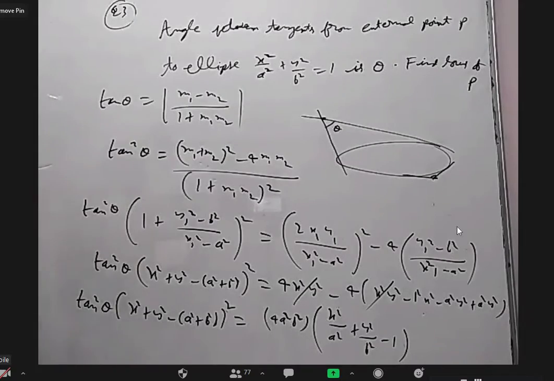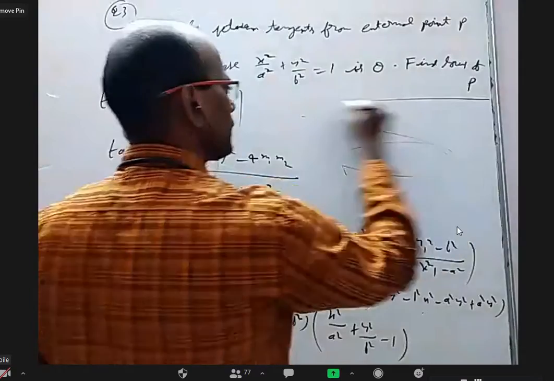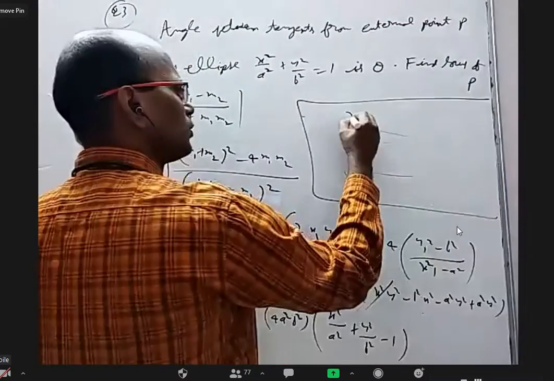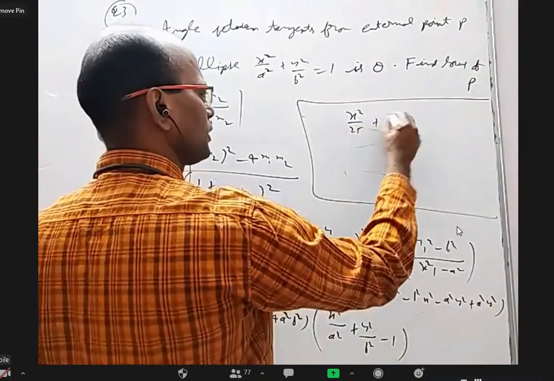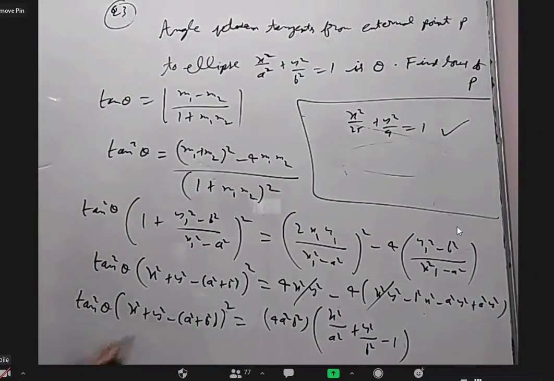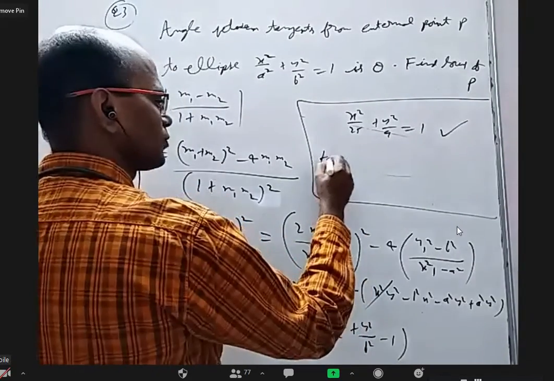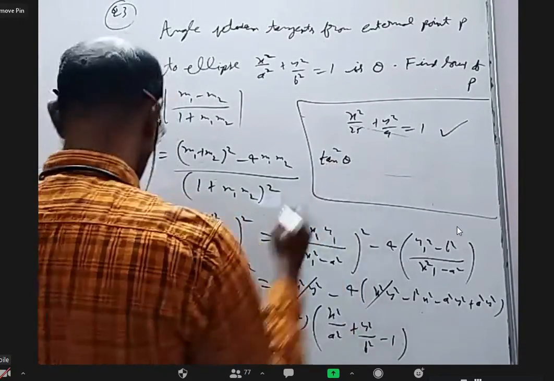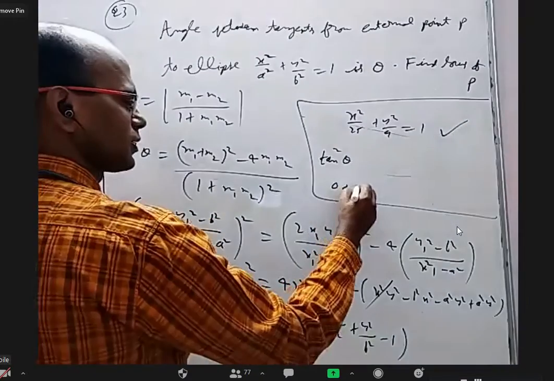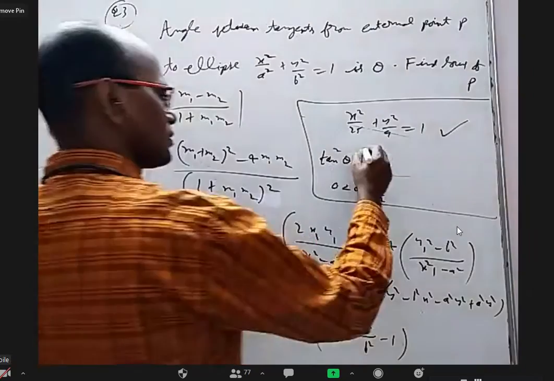For this also you want to try. What I want you to try is, you can even take some numbers. You take x square by 25 plus y square by 9 equal to 1. That is one equation. Another one is this, where theta will change. That means when theta changes, what will happen? Tan square theta, with 0 less than theta less than pi by 2, something you put and vary it.